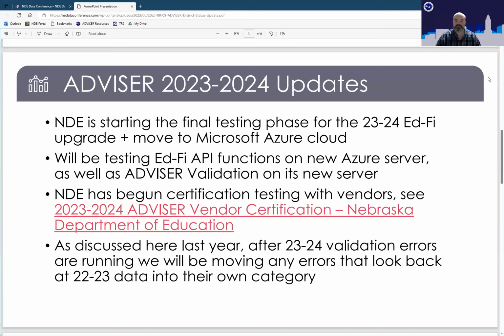One change that will be coming soon in 23-24, once we've got the new year turned on and running validation errors, is that we will be setting up a special category and moving any of those errors that run in 23-24 but look back at 22-23 data into their own category, so they'll be a little bit easier to focus on. Unfortunately, we won't be able to run those until after you are able to send 23-24 data, however.